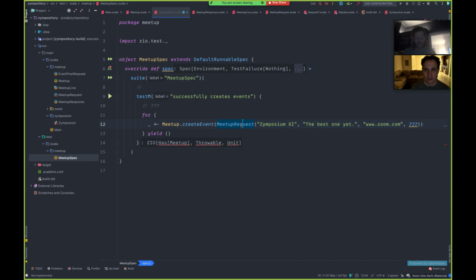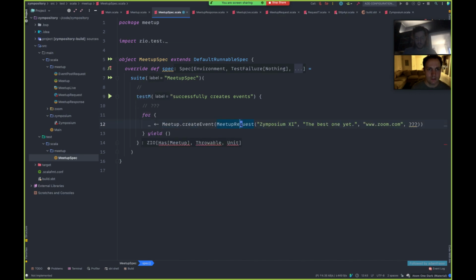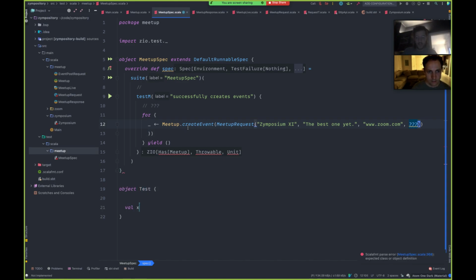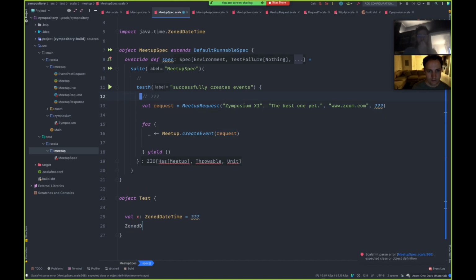I'm going to pull this up here. I think you could do zone date time of, I want to say... How to do that? Oh, oops, sorry. Sometimes the thing cancels itself on me. Oops, I've created a nightmare. What have I done? Okay, I want to pull out meetup request. Come on, request, enter. There we go. Oh, nice. Okay. Perfect. Yeah, there's some options there. Of local date time. Nice.